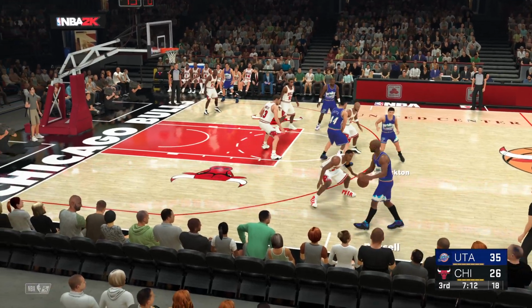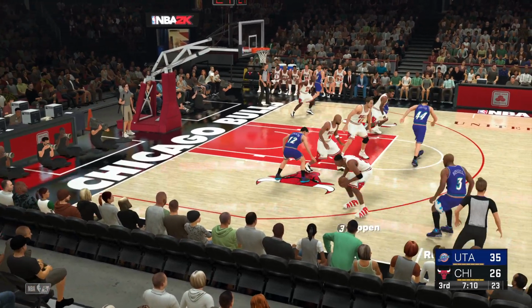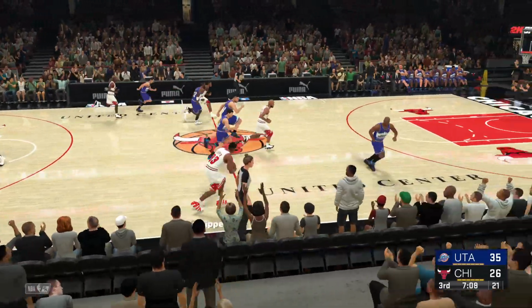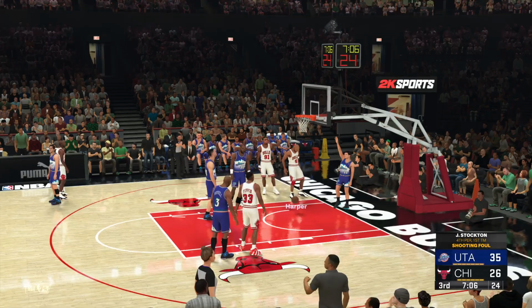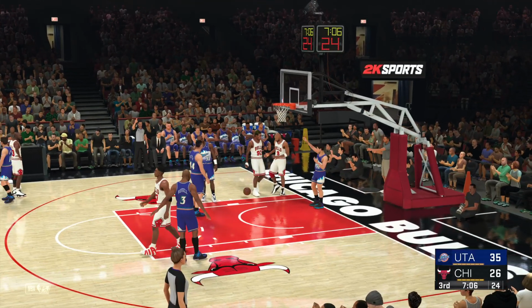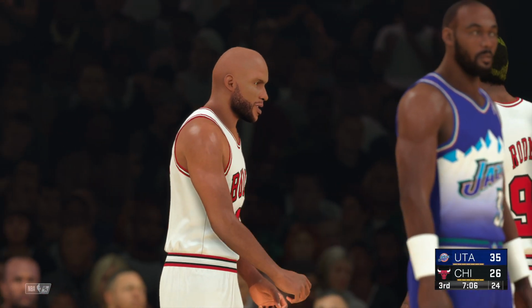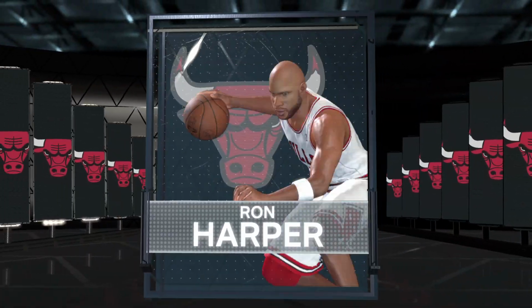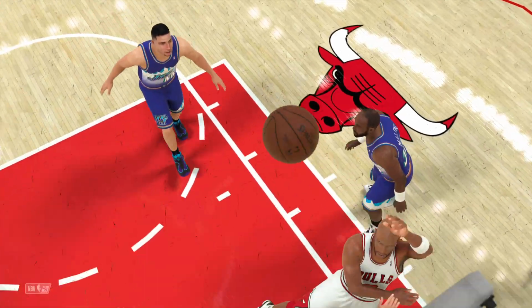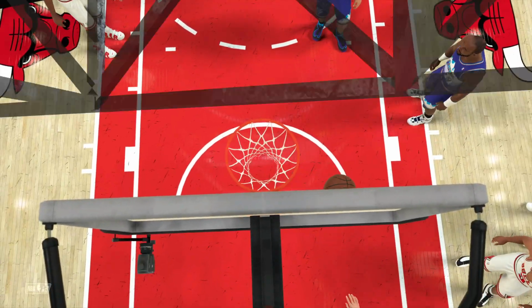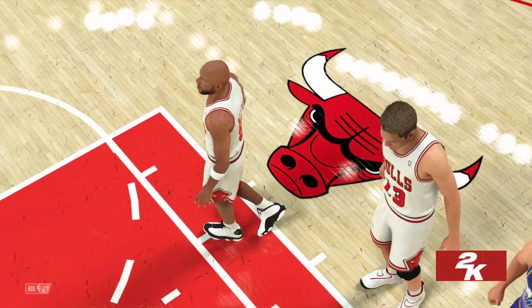Stockton kicks to Russell. Knocks it loose. Stolen by Pippen. Here's Harper. And the call on the shot that sends him to the line. They get John Stockton. For Chicago, they had made 7 free throws and missed 3 in this game. At the line for Chicago, Ron Harper. 2 shots.